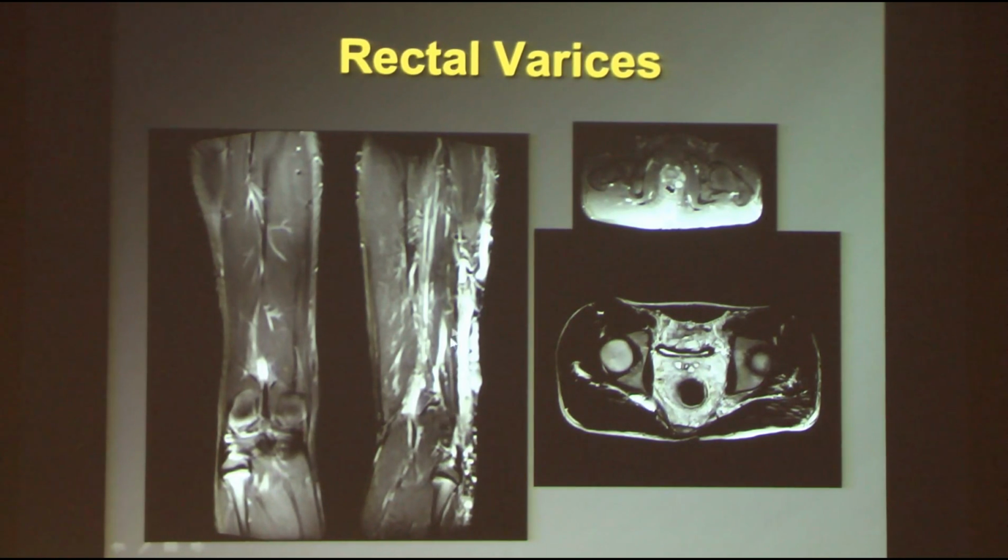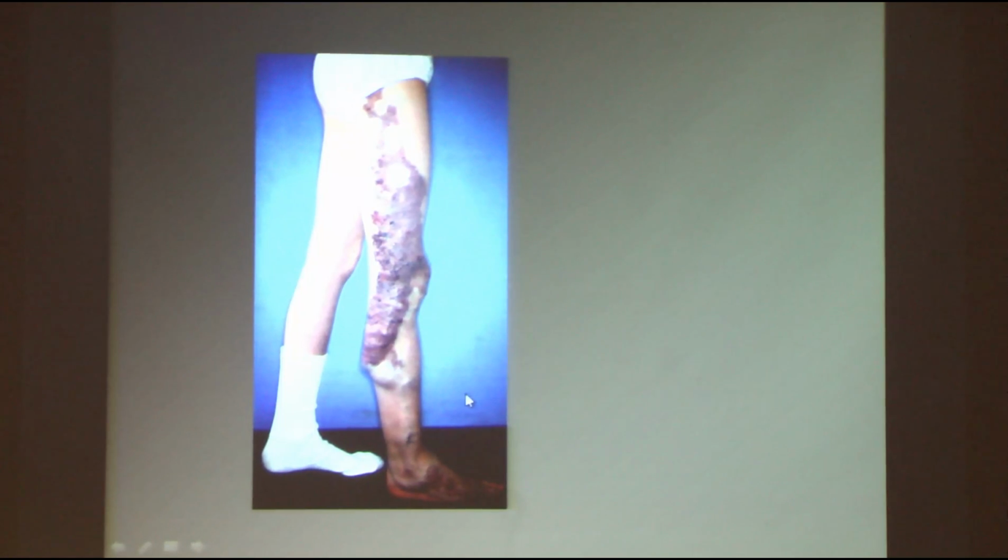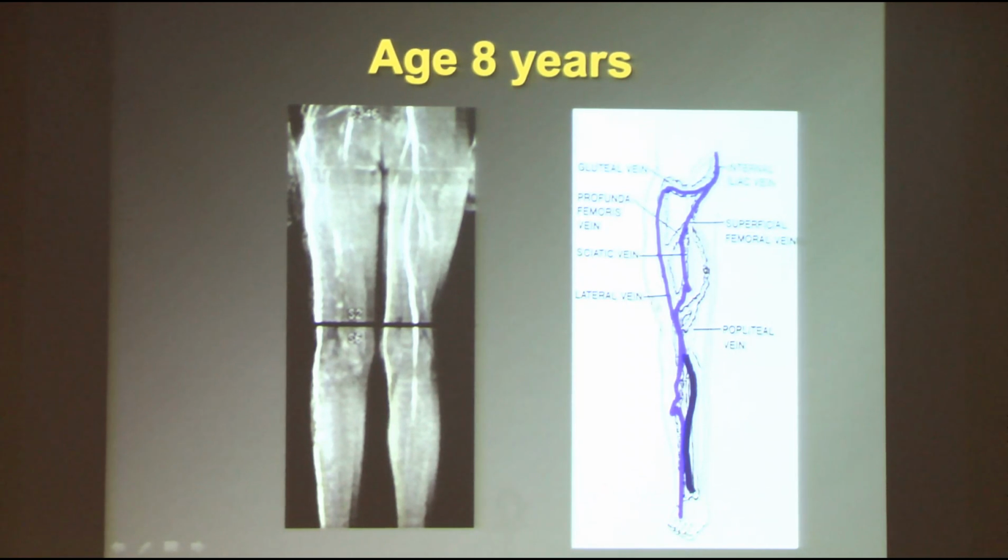Rectal varicosities. This patient has typical venous anomalies of KTS, but has some big veins also in the wall of the rectum. And here's an interesting patient. She's the one I showed you initially with these huge superficial marginal veins. The diagram here, she actually didn't have a femoral vein,